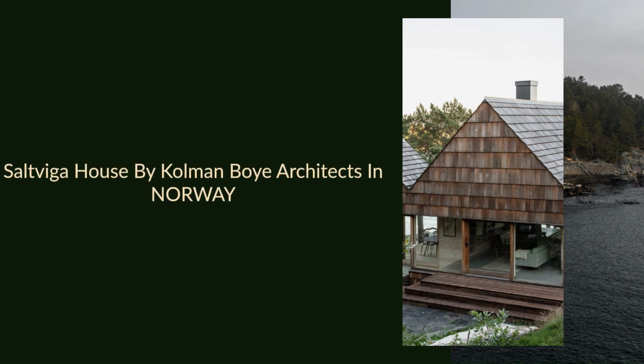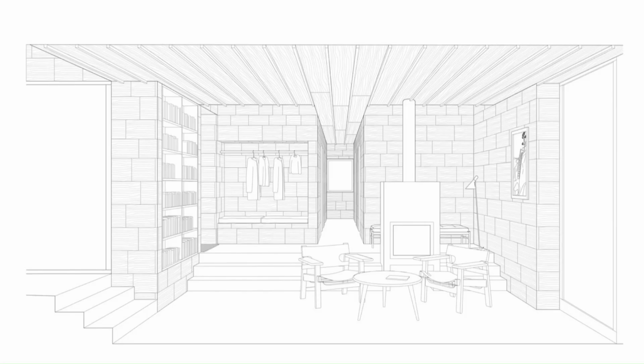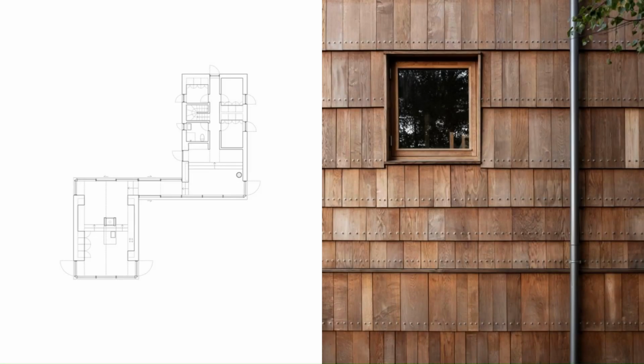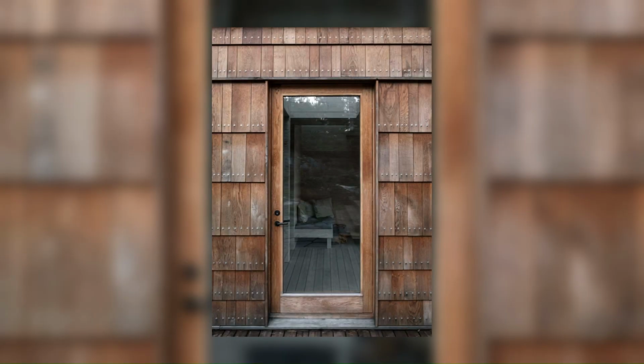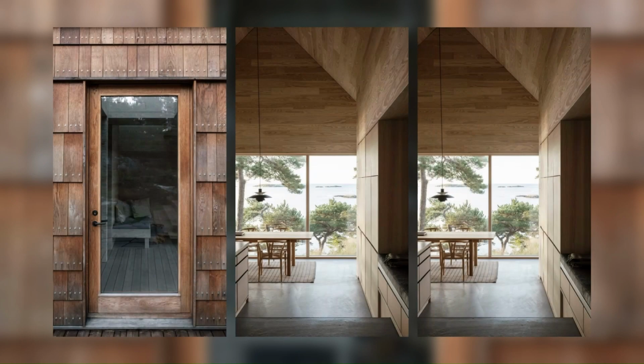Saltviga House by Kolman Boye architects in Norway. The Saltviga House is a recreational home built out of oak and Douglas offcuts from Dinesen's floor production. The house blends subtly into the boreal forest on the Norwegian southeastern coastline, adapting to the particulars of the local